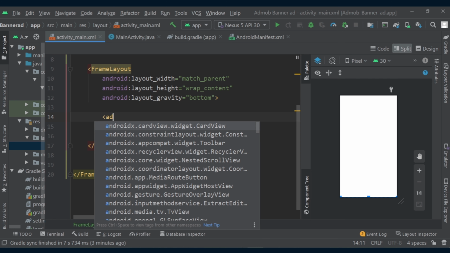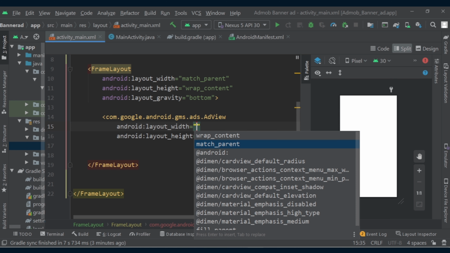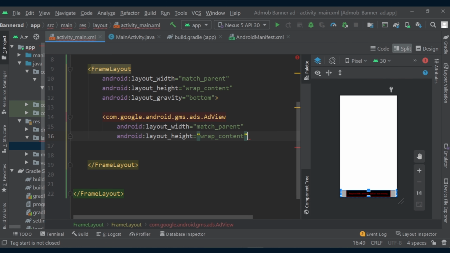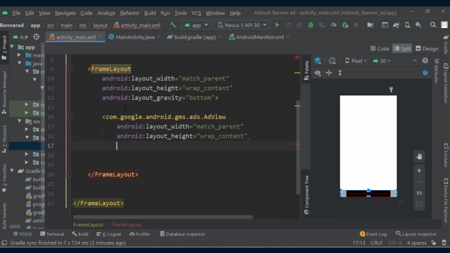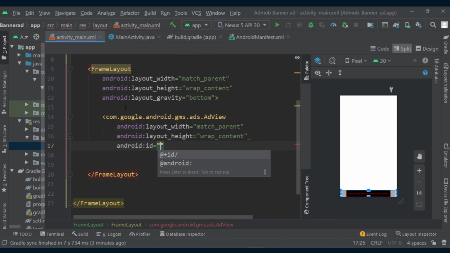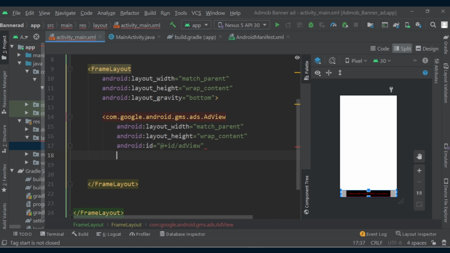Now let's close this, and inside this frame layout we will create an AdView. So let's write AdView. Let's give it a width of match_parent and height wrap_content. Now let's give it an ID. So android:id, and the ID will be adView. Also let's give it an ad size. So ads:adSize,